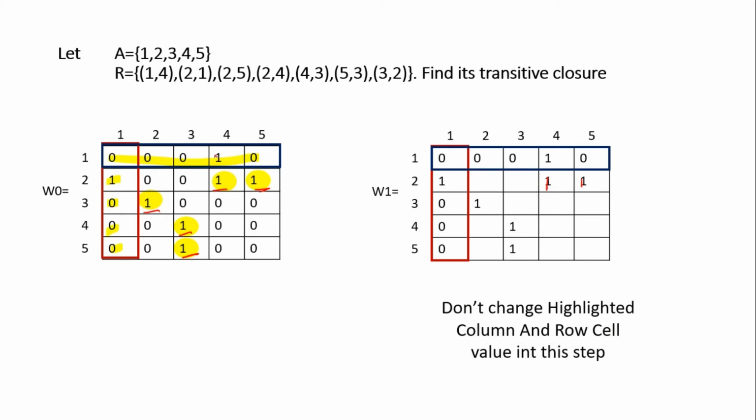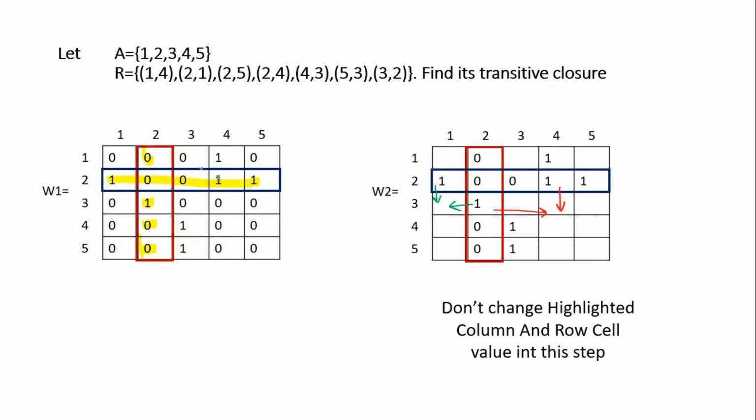So in this way, how will we calculate this entry? This entry will be calculated by checking whether the corresponding row, which is a 1, and the corresponding column are both 1. If both are 1, then and only then will this result become 1. Otherwise the result will be 0. So I checked, and all the entries will be 0.